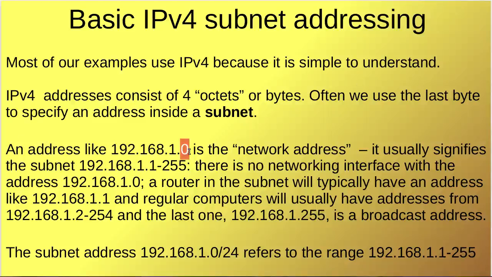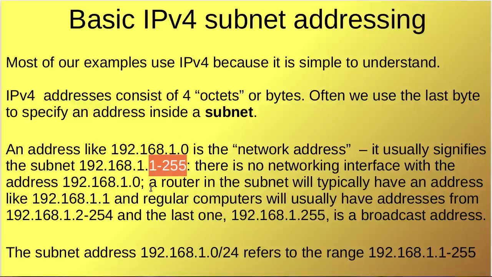When you use that network address, the built-in assumption is, assuming once again that the last byte is free to be used for addressing hosts, then anything other than 0 will be looking at various devices on the network. So it'll be 1 through 255. Once again, there is no networking interface with the address